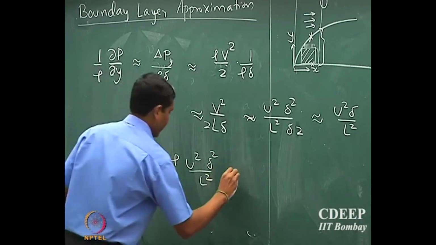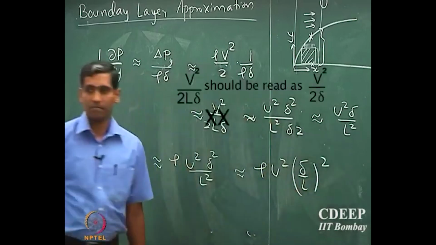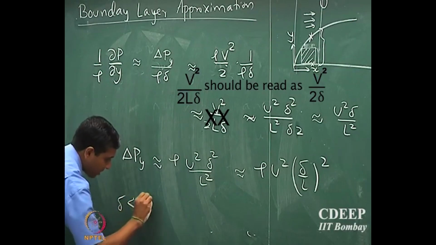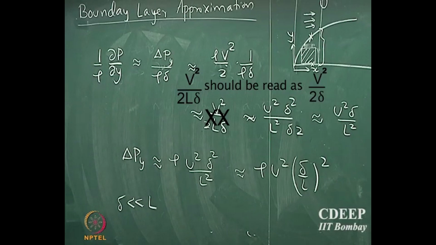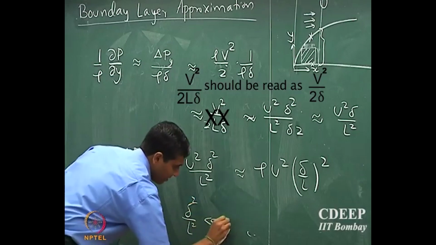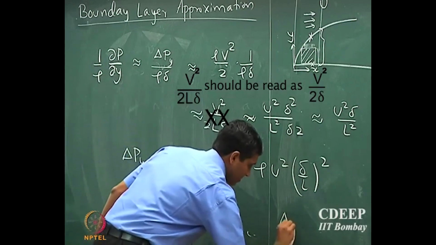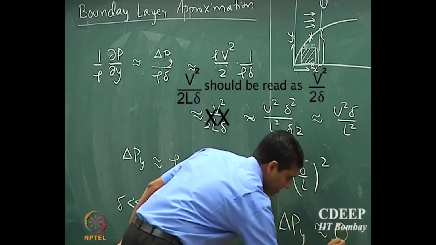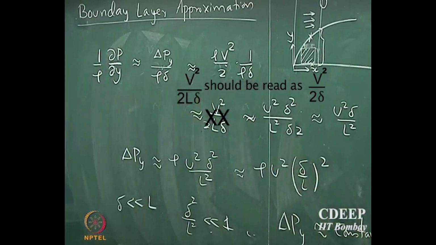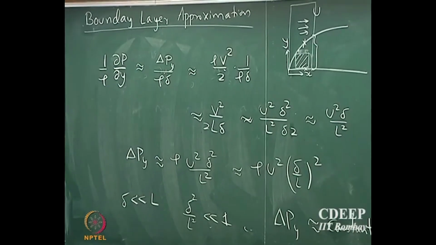So that is rho u square into (delta by L) the whole square, okay. So in boundary layer approximation, we said that delta is much smaller than L, right. Therefore, because delta is much smaller than L, delta square by L square will be significantly smaller than 1. So you expect that